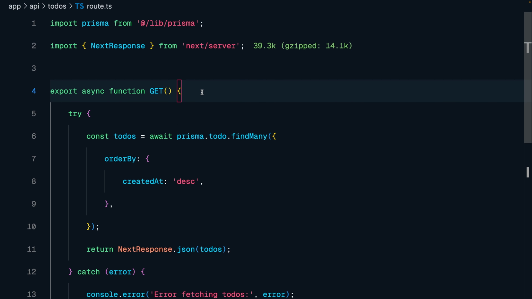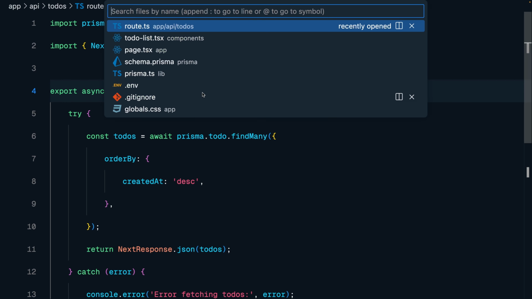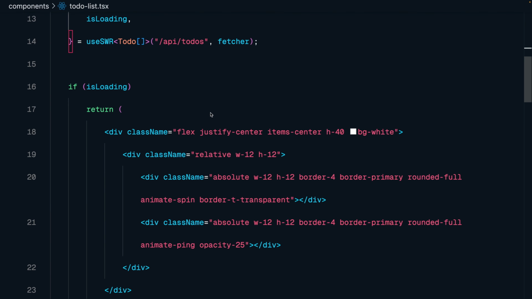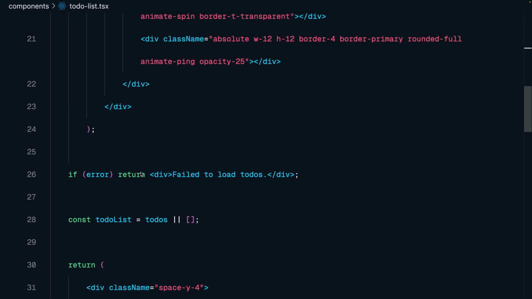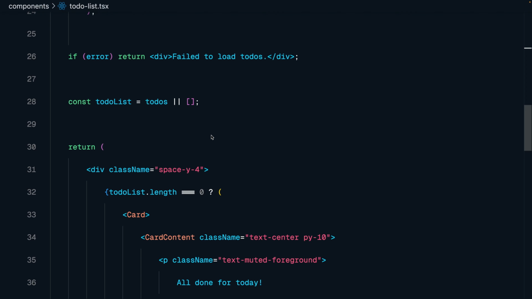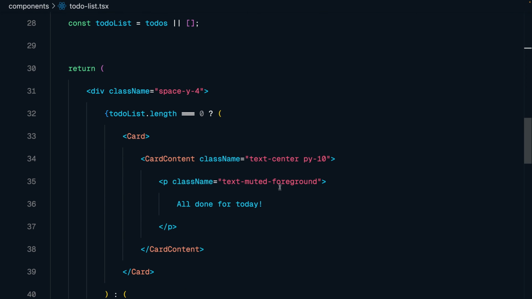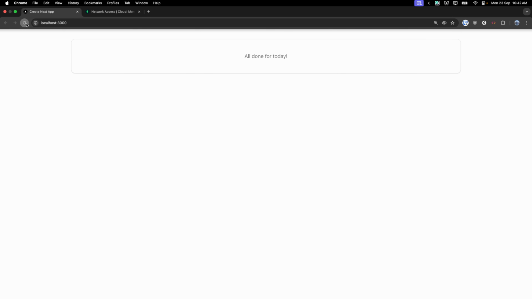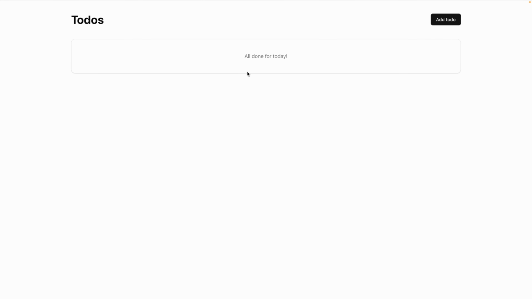All right, so at this point, our backend route is set up and we are actually making a request to the backend to fetch all the todos. When we are fetching the todos, we are showing this loading screen. If there is any error, we are showing this failed to load todos error. And then if we get the todos, we are simply rendering those todos over here. So let's see if this is actually working or not. If I just come here and refresh the page, you can see that for some time you see that loader over here. And then after that, we see all done for today